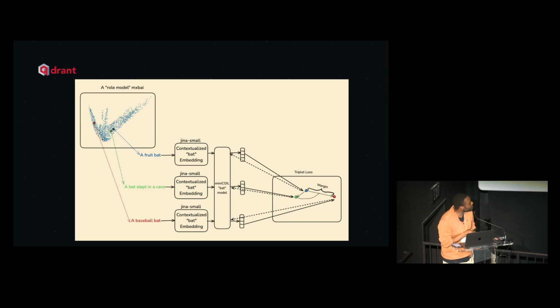So what we can do is basically take the contextualized embedding and then project it down to 4 dimensions. How do we project it down to 4 dimensions? We're going to use triplet loss. So if you're not familiar with triplet loss,